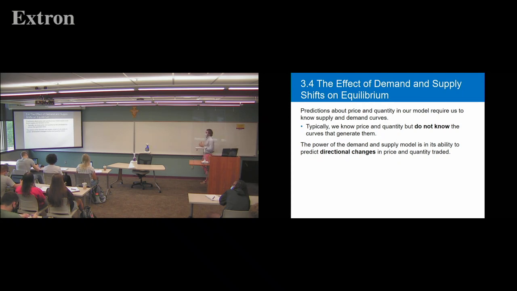Like I've mentioned in this class before, in real time it's very difficult, almost impossible, to understand or estimate what the supply and demand curves are. We don't know what shape they are, whether they're a flat line, whether they're curved, how steep those curves are. We can usually get an idea where the equilibrium is, but that doesn't matter for the models we're working with. Basically, what we're trying to do is understand what's going to happen to price and quantity based off of changes in the supply and demand curves. So this might not perfectly capture what's going on in the real world, but it's a model to help us understand what's going on.